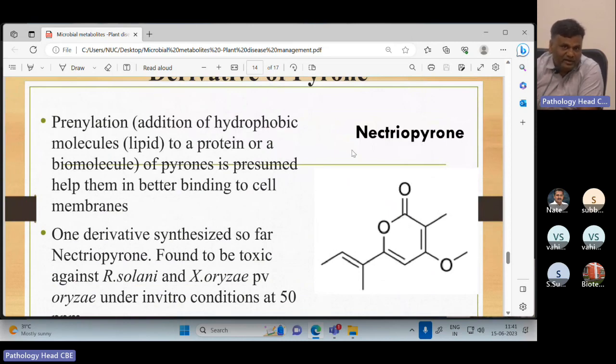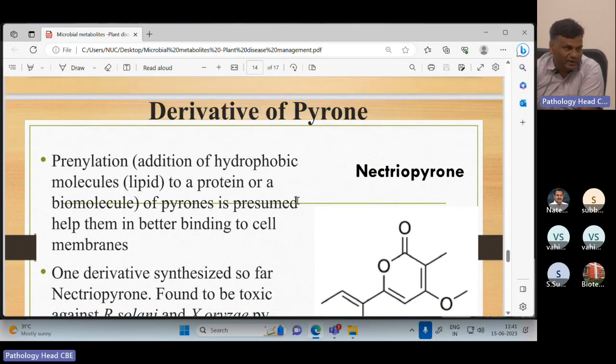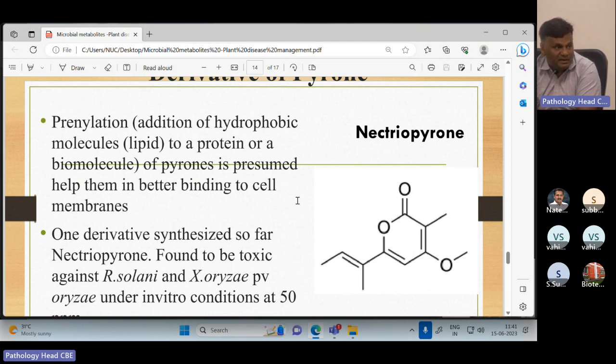So this is how they were producing the different derivatives of the pyrone compound. This will give you a lot of interesting results, because now this is one pyrone which we synthesized, nitropyrone. So this will have a totally different role, or maybe it can have much better efficacy than our original compound also. So we have to do that. This will be an interesting area. There is no end for it. You can put one copper inside, you can put one sulfur inside to change the entire property. Maybe the stability of the compound can change. All those things we can do.